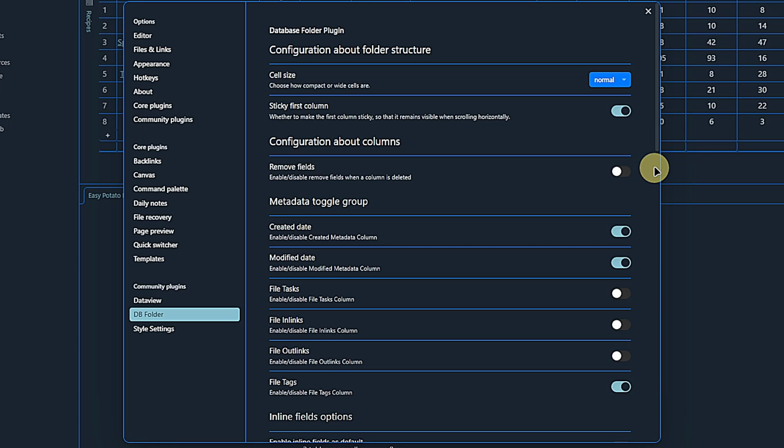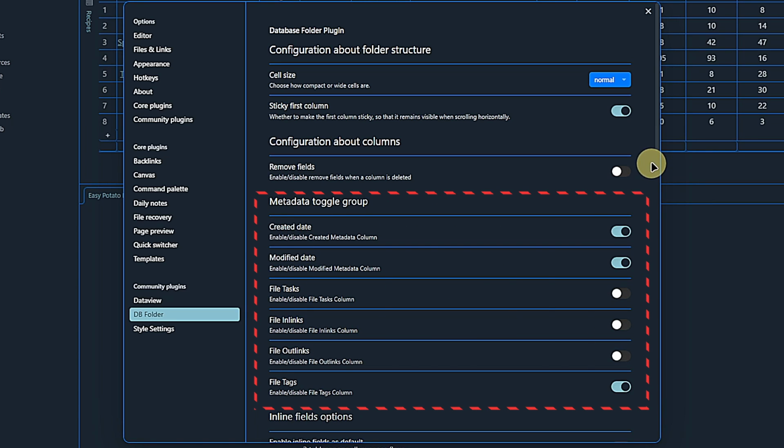Then we have a few toggles for showing or hiding default metadata columns. They include the created and modified date. Note that these are the actual file dates, not the information in your front matter. File tasks would list any tasks that are part of a node when it is enabled. File in links lists all the incoming links for a node, and file out links lists all the outgoing links from a node respectively. The last one here is the file tags column, which, not surprisingly, shows all the tags